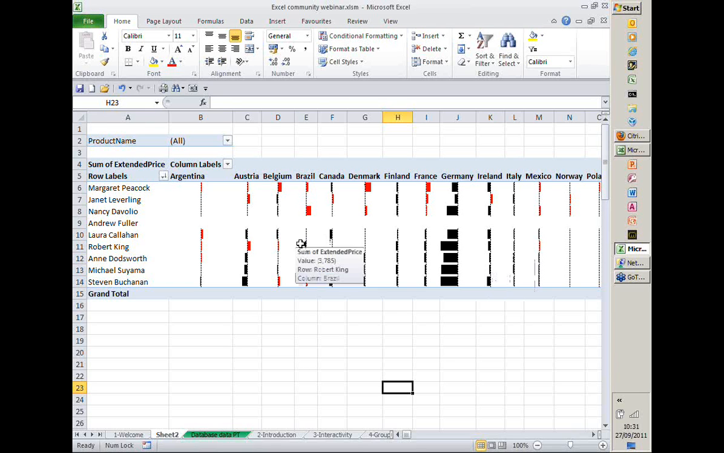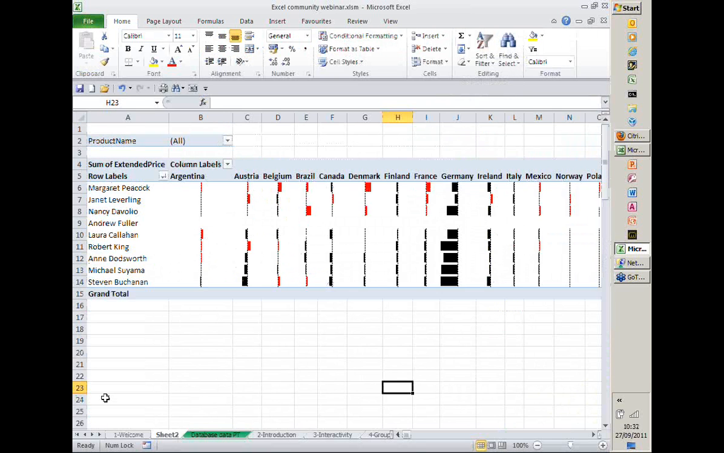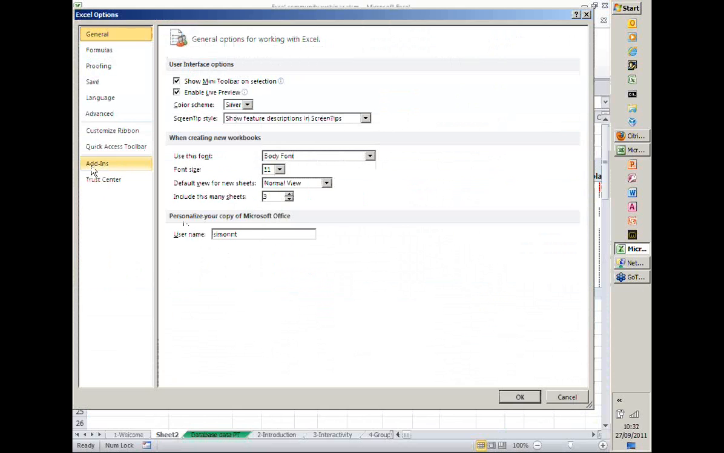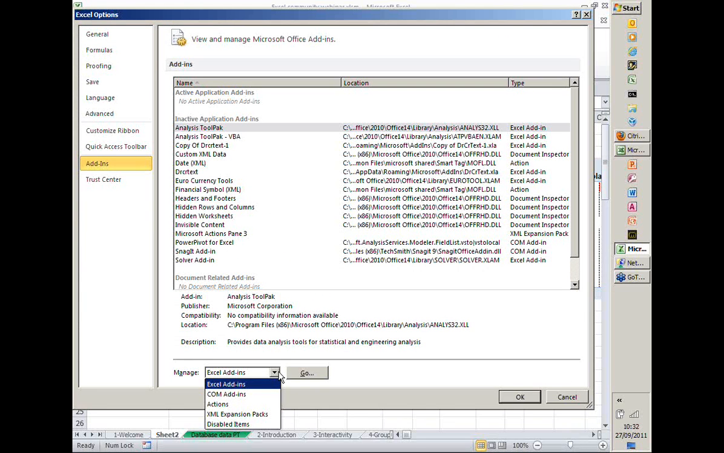There's another very significant change to pivot tables that occurred between 2007 and 2010, and this was the introduction of a brand new feature called Power Pivot. I'll just go and turn on Power Pivot. So Power Pivot isn't part of Excel, it's a separate downloadable add-in. You can get it from